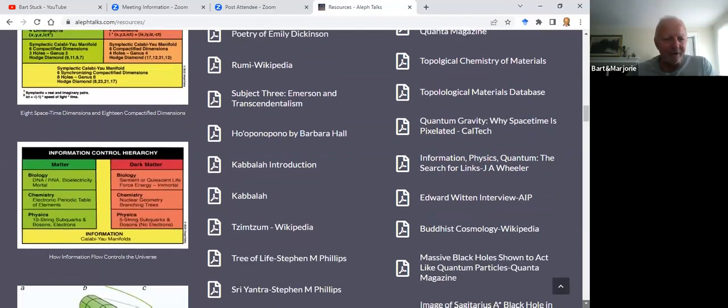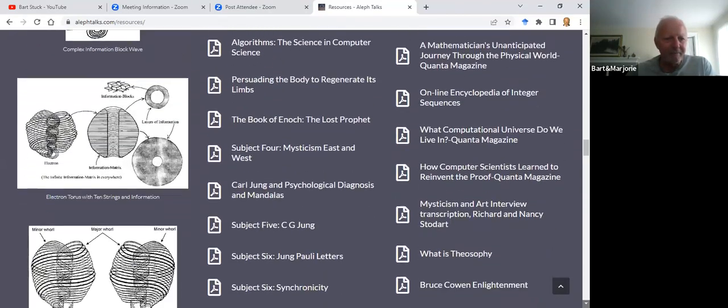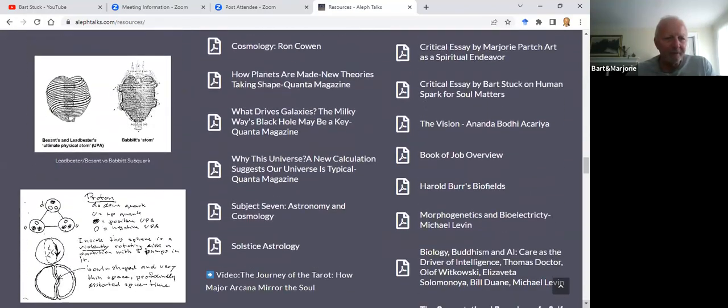Now, if we go down here a bit, here's what Leadbeater and Besant saw. This is around 1900. They did this through deep meditation, as did Ron Cowan. They would meditate, and they would, for example, focus on a button on their shirt and then dive into the button and go down, down, down to the atomic and subatomic scale.